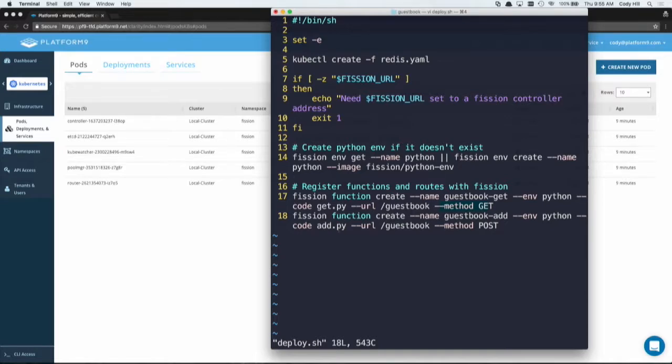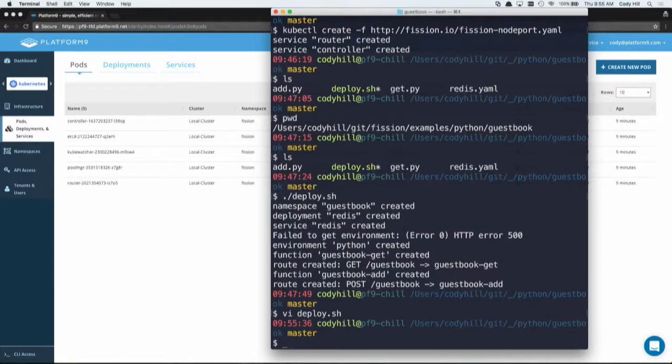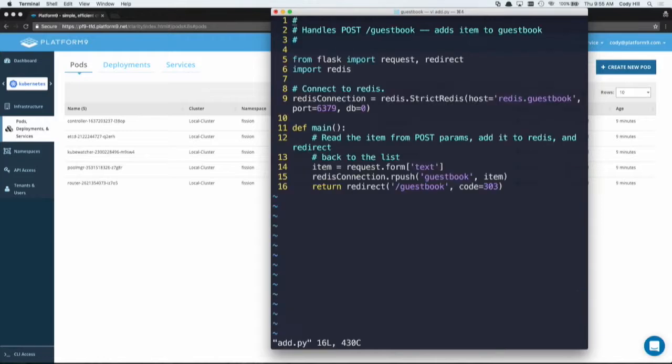Pretty simple, straightforward. And then again, create a post method for that guestbook as well, right? So very, very simple, a little bit of code there. And then if we VI those, the add.py to create something, again, very small amounts of code to add something into that Redis database, right? So very little amount of code written, and we're able to pull this off, okay?